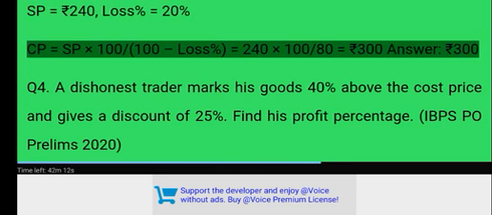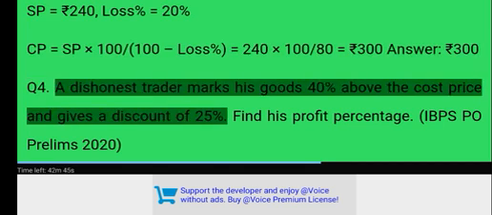CP equals SP times 100 over 100 minus loss percent, equals 240 times 100 over 80, equals 300 rupees. Answer, 300 rupees. Q4. A dishonest trader marks his goods 40% above the cost price and gives a discount of